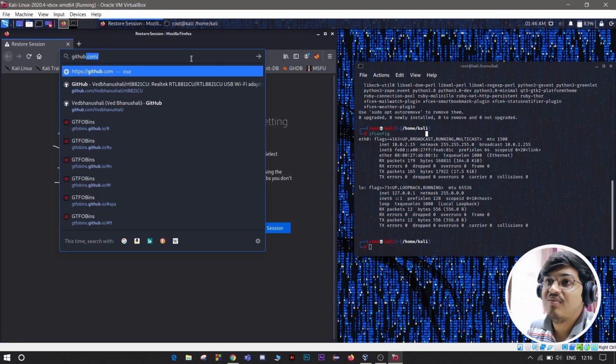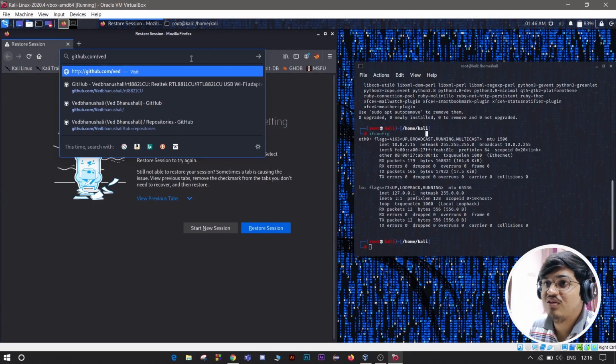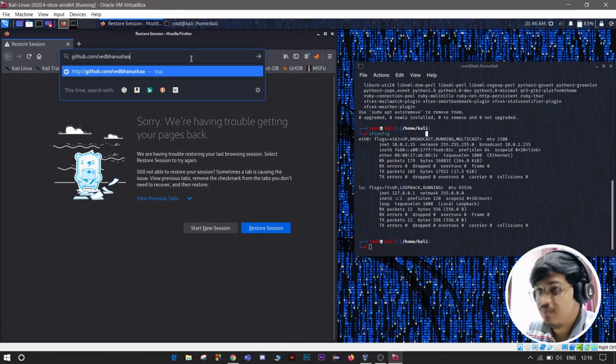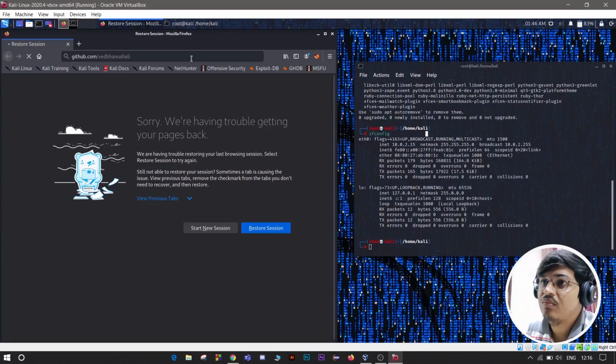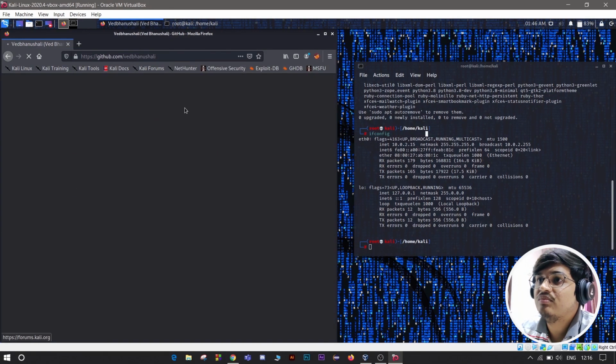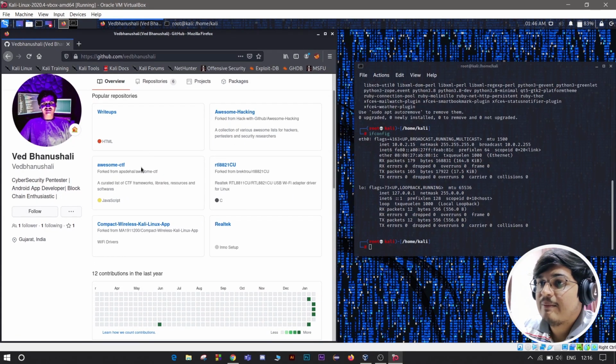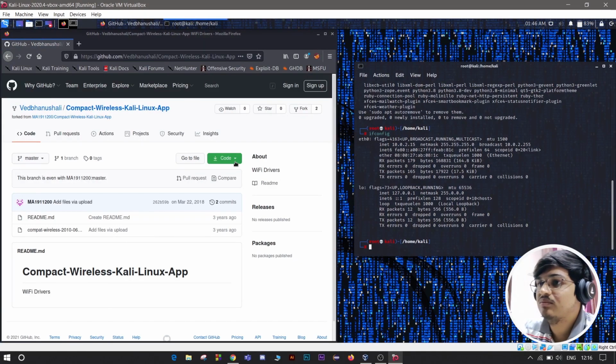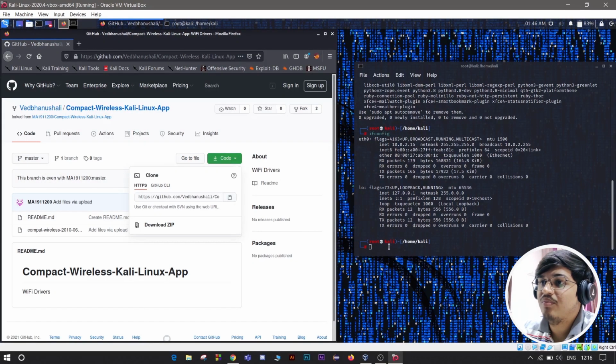So first go to GitHub and my repository, which is Ved Bhanusali. Then go to this compat-wireless, copy. We'll go to the opt directory where I install the external stuff.